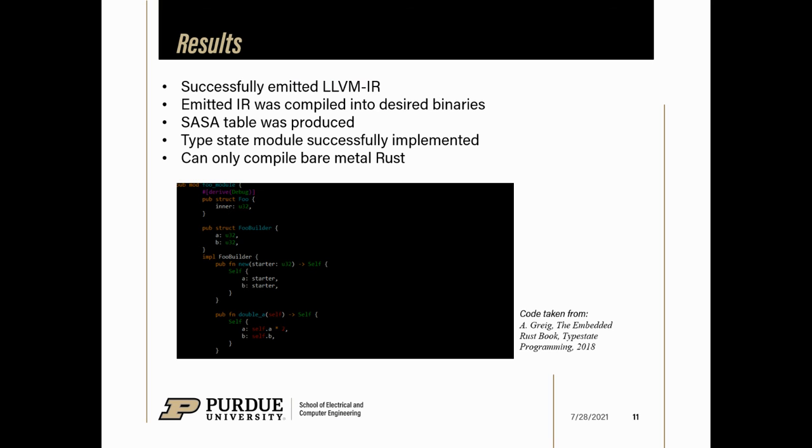And as a result, we were able to successfully emit LLVM-IR. The emitted IR was compiled into the desired binaries, and a SASA table was produced. The type state module was successfully implemented. However, the current LLVM version can only compile bare metal Rust. And what bare metal Rust is